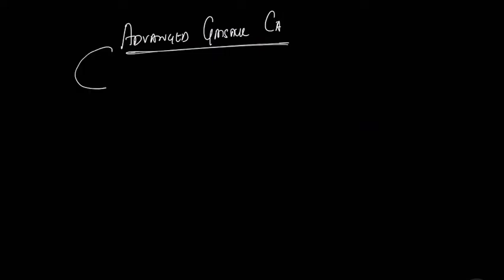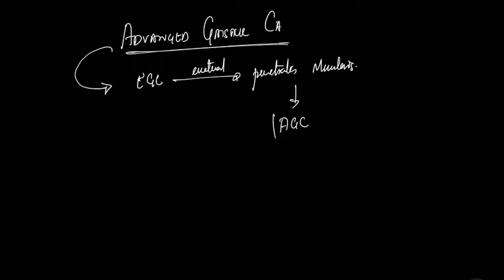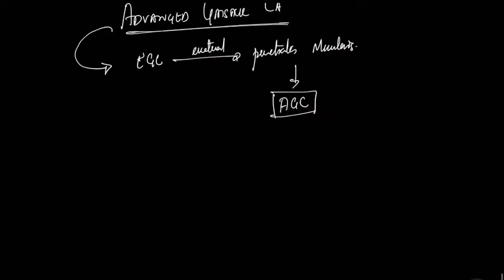Now let's come to your advanced gastric carcinoma. So when does this occur? So what happens is, pathologically speaking, your early gastric carcinoma, alright, eventually penetrates your muscularis layer, alright, and crosses and turns into your advanced gastric carcinoma, alright. Now we studied that your advanced gastric carcinoma was of 5 subtypes.